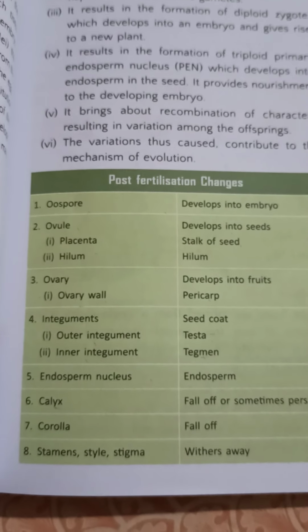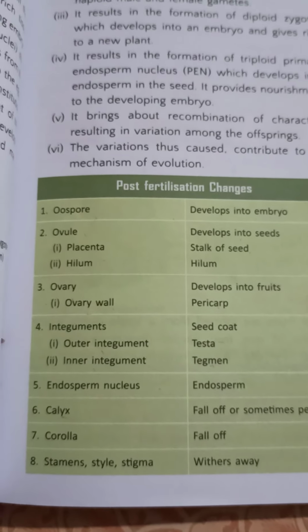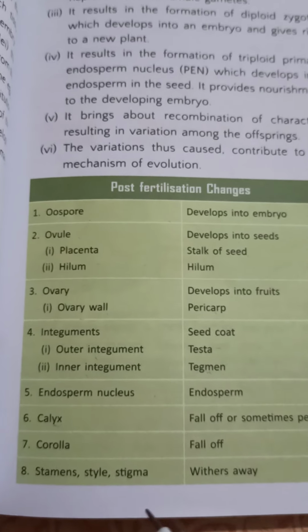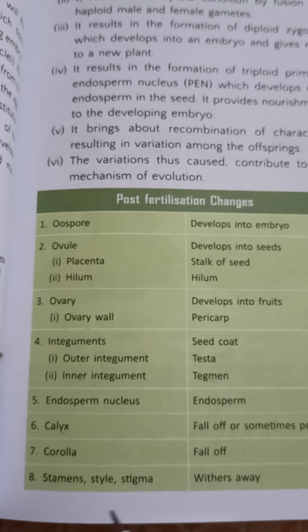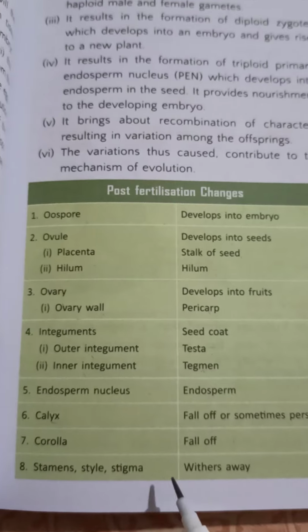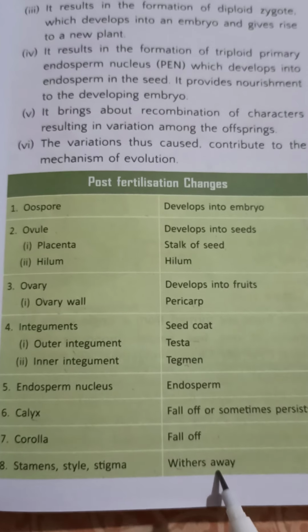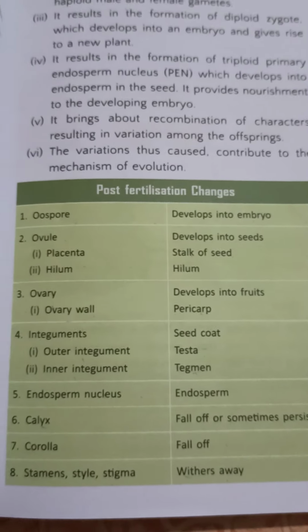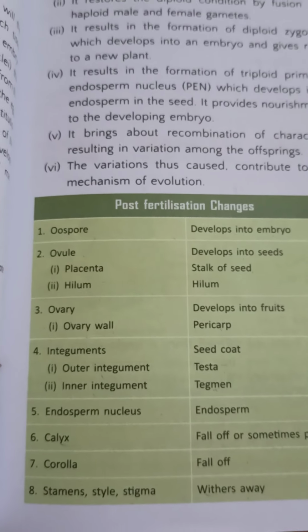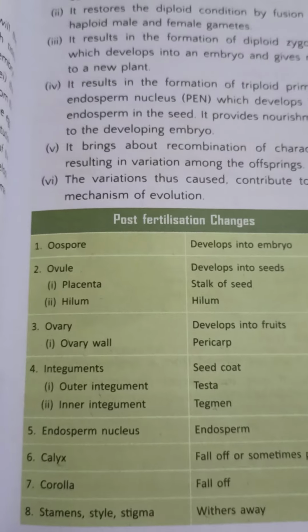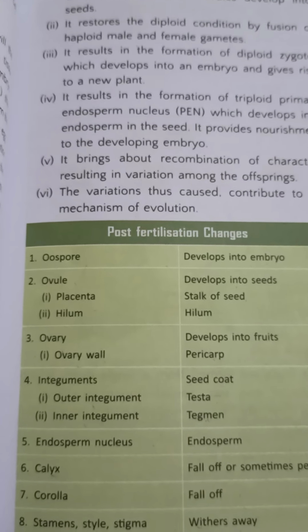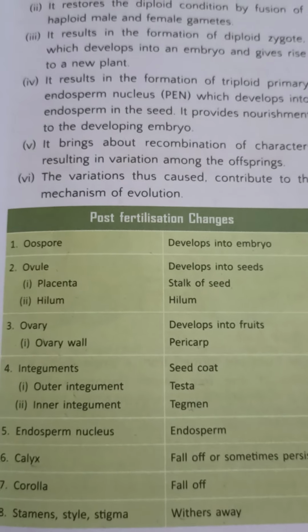Calyx ফ্লাওয়ার পার্ট কিছু সময় স্টিক হয়ে থাকে, কিছু সময় সেটা ঝরে পড়ে। কোরোলা ফল অফ, ঝরে যায়, অ্যান্ড স্টেমেন্স, স্টাইল অ্যান্ড স্টিগমা উইথার্স অ্যাওয়ে। তার মানে আমরা দেখলাম একটা ফ্লাওয়ার হাউ টার্নস ইনটু ফ্রুট, ইনসাইড দ্য ফ্রুট হাউ সিড ইজ ফর্মড।